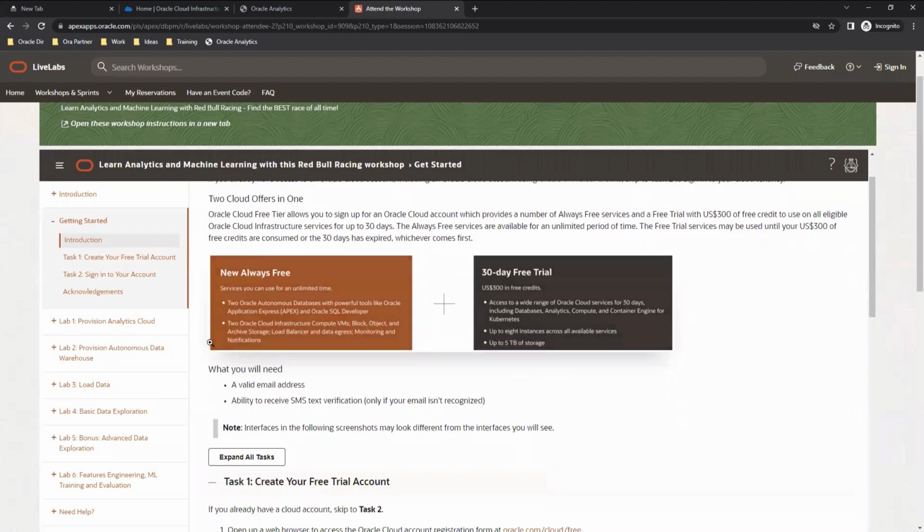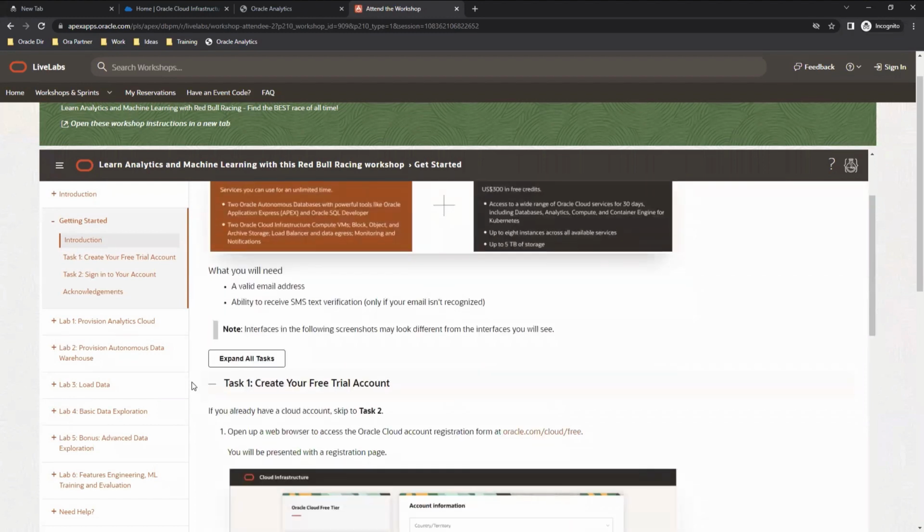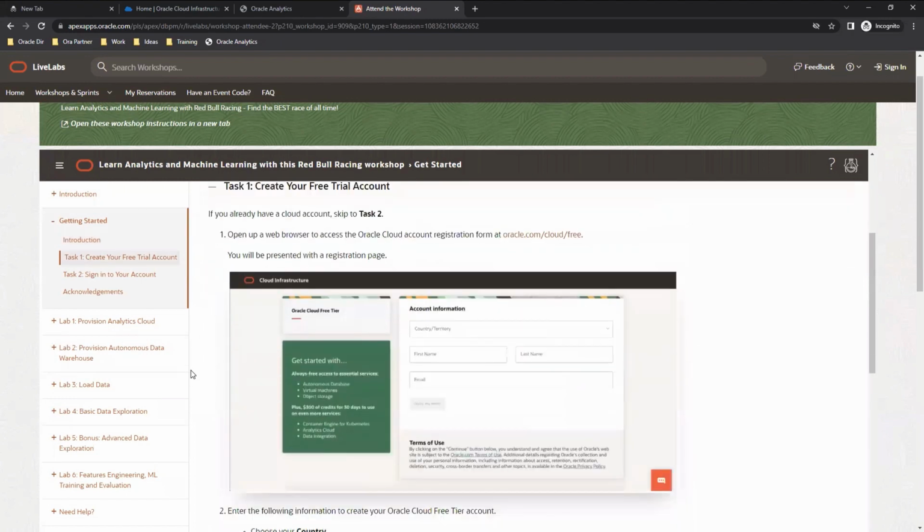As a participant that registers for free, you will get a 30 days free trial with $300 in free credits, where you'll be able to try all sorts of Oracle Cloud services for the next 30 days or until the credit ends. What you actually need is a valid email address along with a phone where you can receive the SMS text for verification purposes. Like what I've said, you can go to the link here,